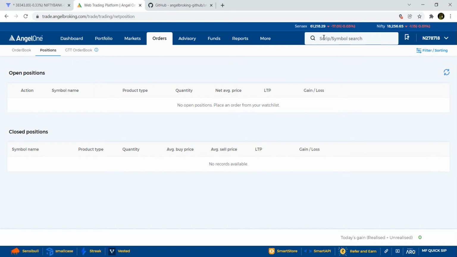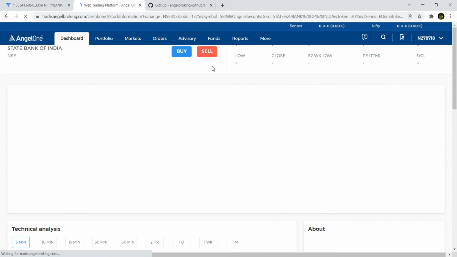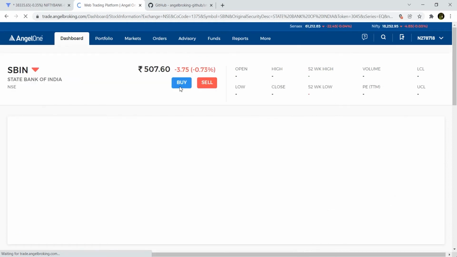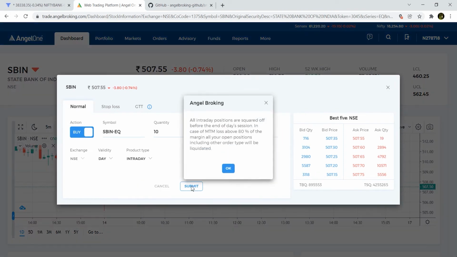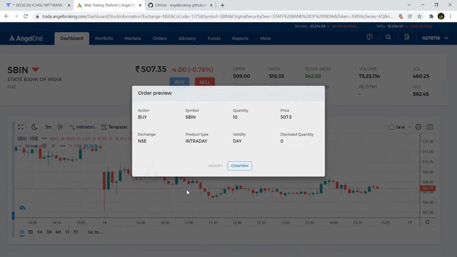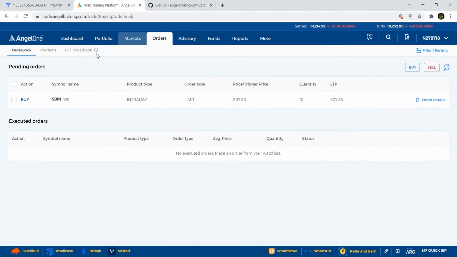So let me just buy a few shares. So we'll go to SBI. Let's buy some stocks. So I'll buy 10, intraday, submit. Now let's sell something. Let's sell ITC.